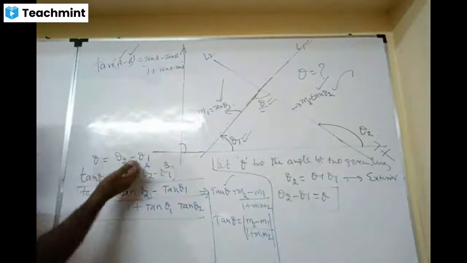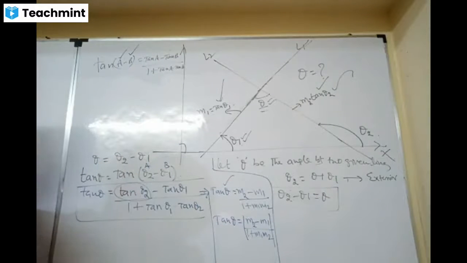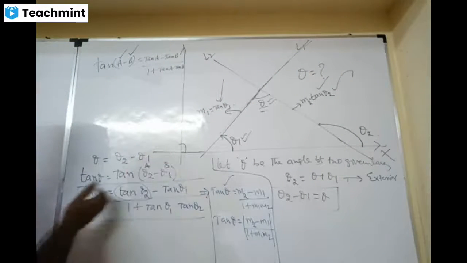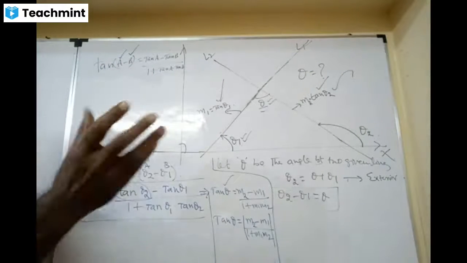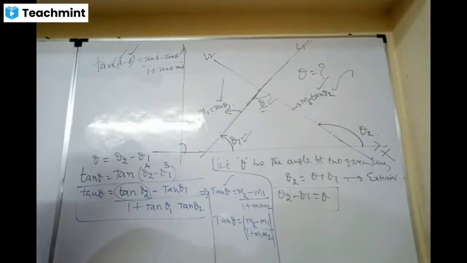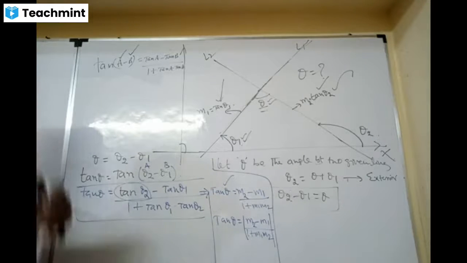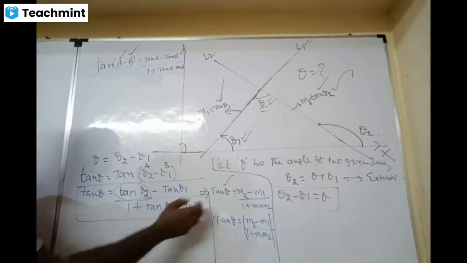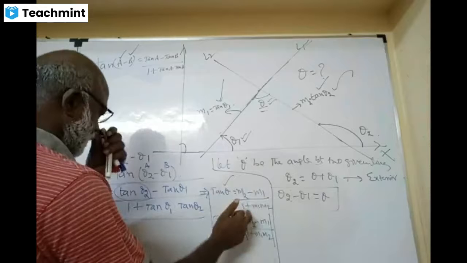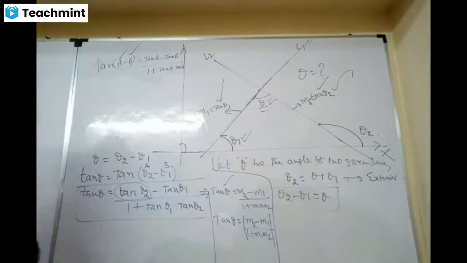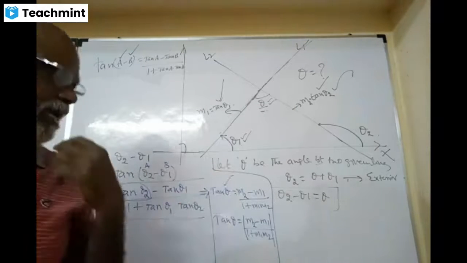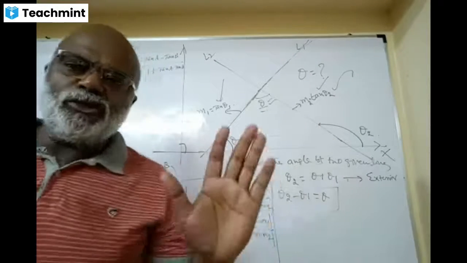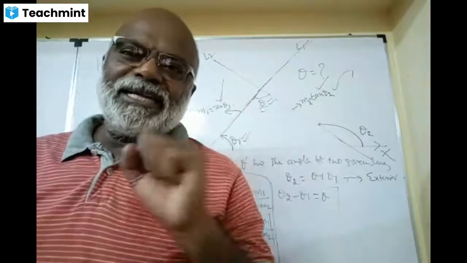Then apply tan on both sides. Why? Because the slope is tan theta 2, and the other slope is tan theta 1. Apply tan on both sides and use the tan of A minus B formula in trigonometry. Tan theta 2 minus tan theta 1 by 1 plus tan theta 1 tan theta 2, that is, M2 minus M1 by 1 plus M1 M2. Okay, that's it. If you want the acute angle, put a modulus, because if theta is an acute angle, tan theta is positive. Once you know the acute angle, see, you got the 30 degree mark.